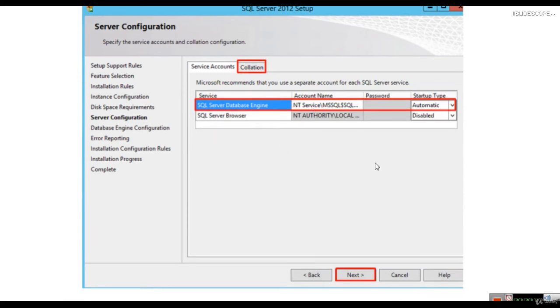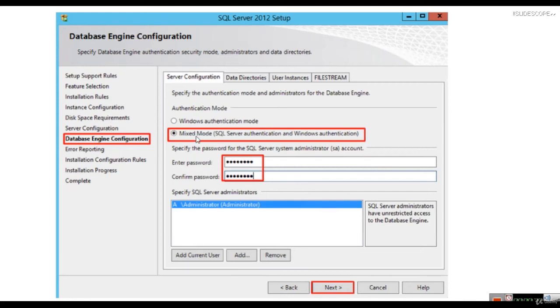You can hit next. In this part, you can choose between mixed mode and Windows authentication mode, and you can then enter a password for the SQL Server administrator SA account and remember the password here. You can also choose Windows authentication mode here.